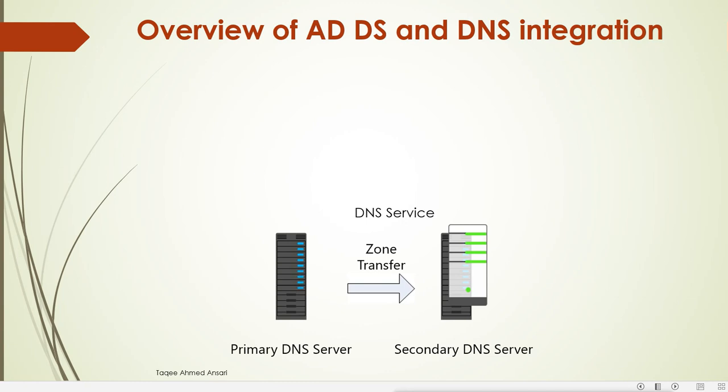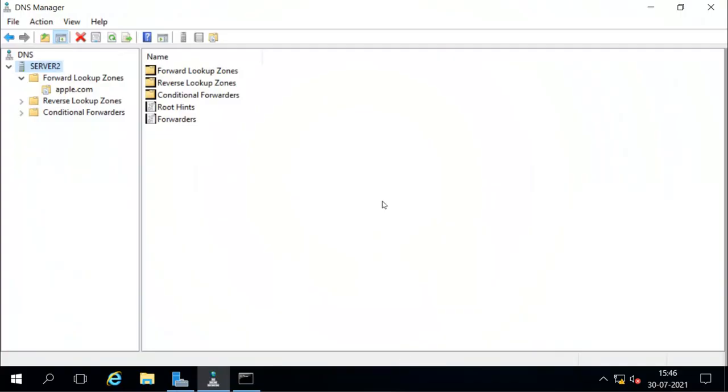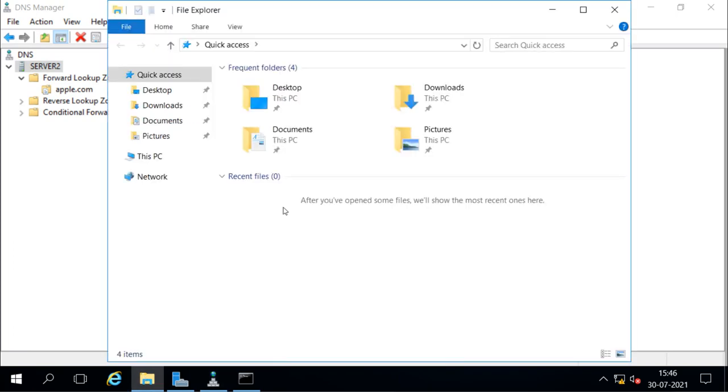You can see that, and it is located under Windows System32. This is our DNS server, and it has stored the information on our local system in the DNS directory under Windows System32. So when you go there, it is a normal text file.